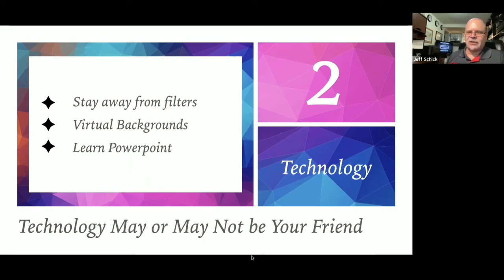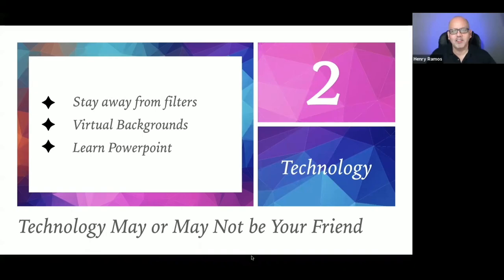Another thing too is learn PowerPoint. I can't count how many times I've been in meetings in person or on a webinar where the person can't share the screen or they don't know how to share the screen. And back when we were meeting in person, people were always saying, "Where's the tech person? I need an adapter or a connector or something like that." Yeah, I mean, this goes not just for PowerPoint, but for Zoom too,